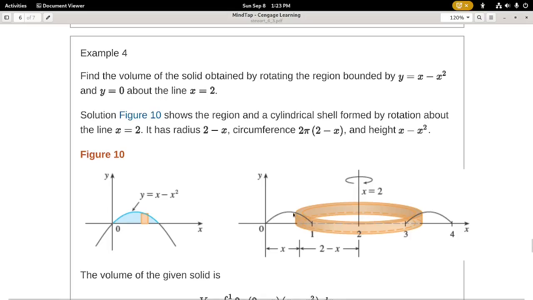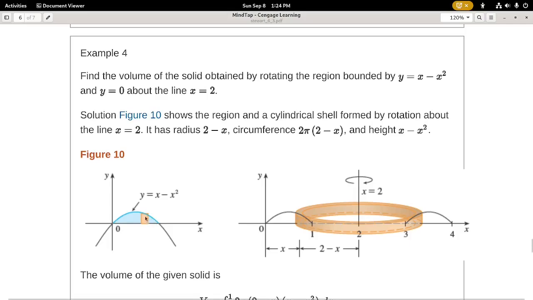So you see the picture, here's where the original area is. When I rotate that around, it creates this symmetric looking picture. Not symmetric about the axis, but symmetric about the line x equals 2. Okay, whatever. We can still handle this. So I want to know the volume of the resulting shape when you rotate that. It'll look like a bagel if you cut the bagel in half lengthwise, like when you're putting cream cheese on a bagel. So yeah, they give you a picture. So anyway,